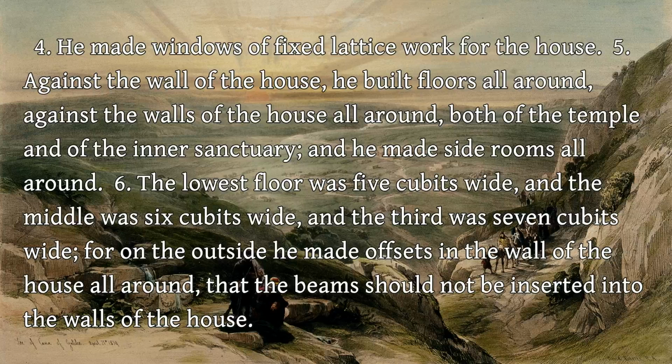Against the wall of the house, he built floors all around, against the walls of the house all around, both of the temple and of the inner sanctuary, and he made